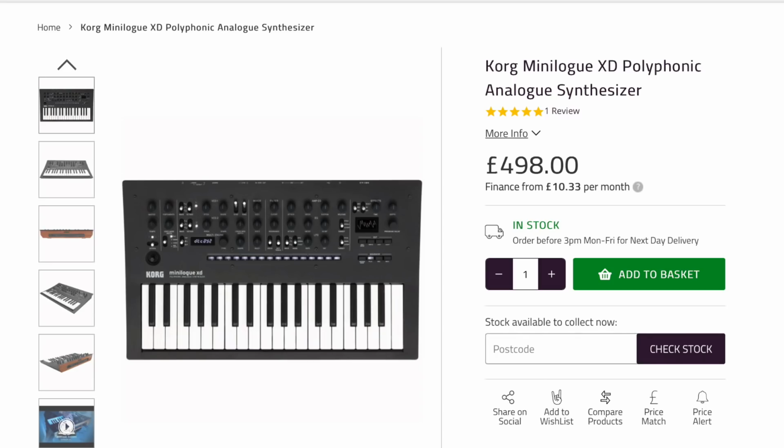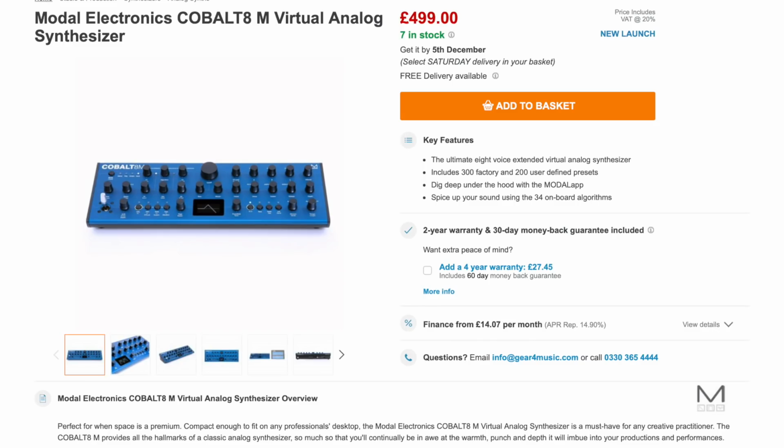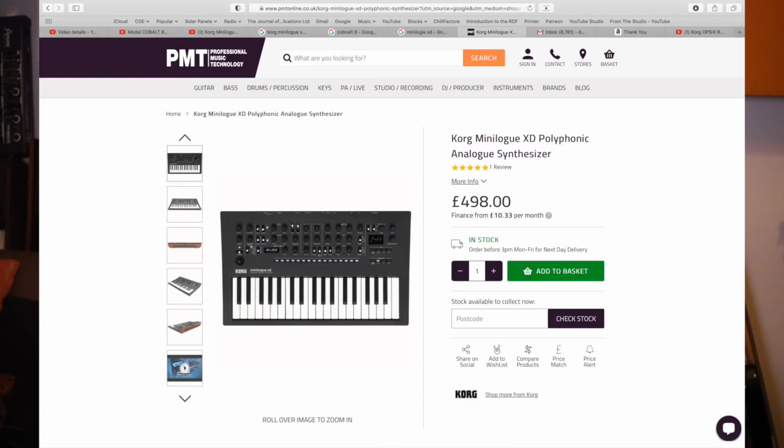You can get it for maybe £490, £498, and you can actually pick up now the desktop version of the Cobalt for around £480. So they are really close on price, and they're both polysynths. The Cobalt 8 is an 8-note virtual analog, and the Minilogue has just got 4 voices, but it's got 2 analog oscillators per voice, and it's also got that third digital oscillator where you can upload user wavetables, and there's